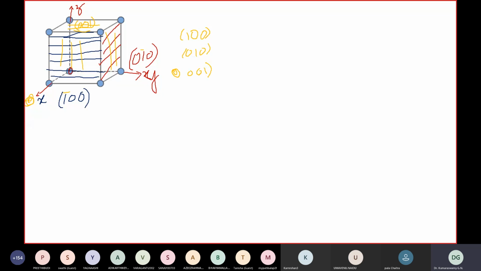They are different just because we have chosen our coordinate system like that. But if we change our coordinate system, they become interchangeable. Similarly, 1 bar 0, 0, 0, 1 bar 0,